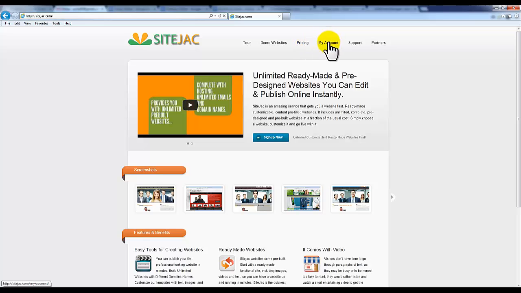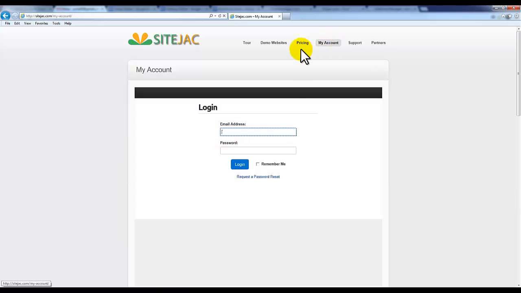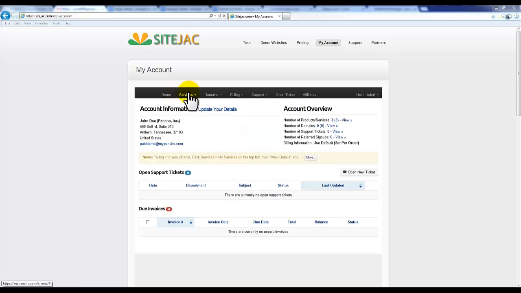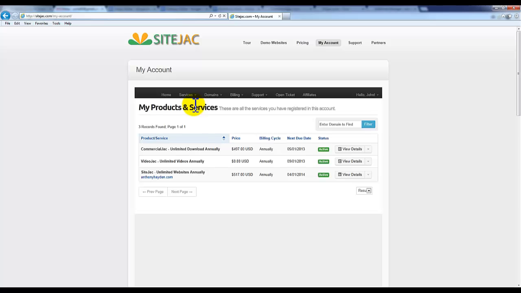For existing users, you can just go to My Account to access your SiteJack account so you can start editing your website. Log in with your email and password. When logged into your account, click on Services, click on My Services, and then look for the SiteJack account that you want to edit. It usually says SiteJack Unlimited Websites. Click on View Details,